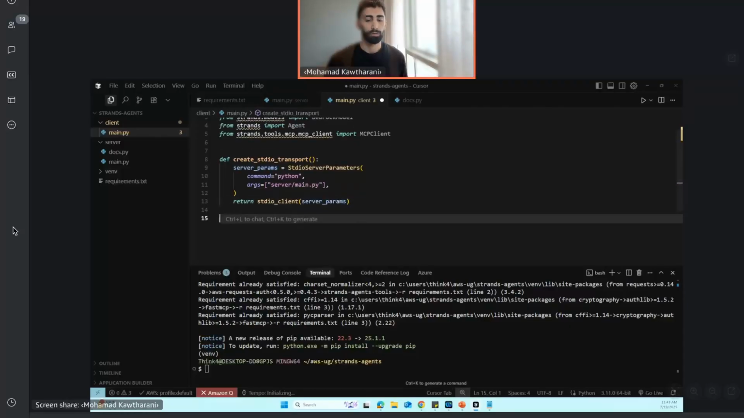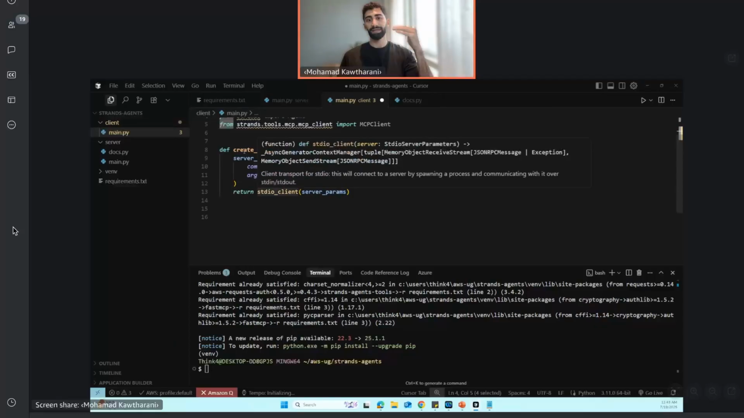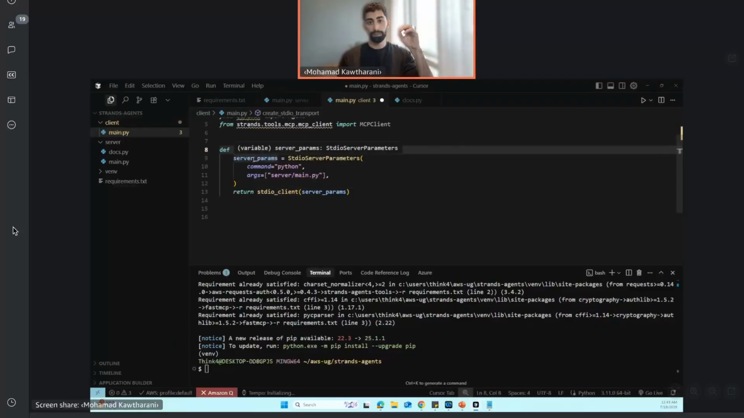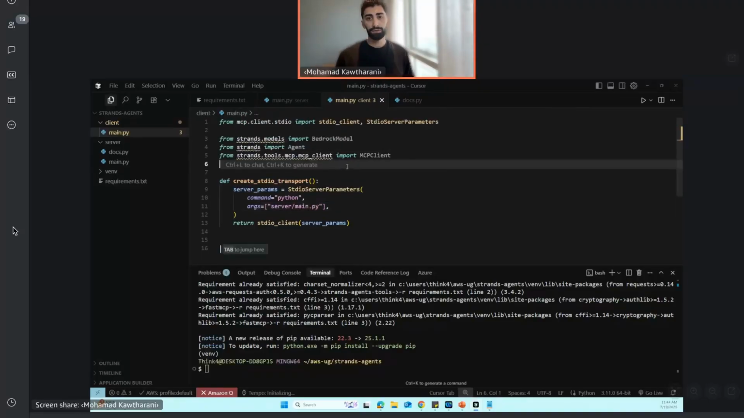Now again, let us look at what we have done so far. I have imported the MCP client library. I have imported the Strands MCP client library. I have imported the Bedrock model. I have imported the Strands agents. I have defined the transport layer, and how my client will interact with my server. I've said this is going to happen over standard input output. I've given it how to connect to my server. I'm saying run this command, which is python, and I'm giving it what to run, which is my server.main. Okay, before I continue,